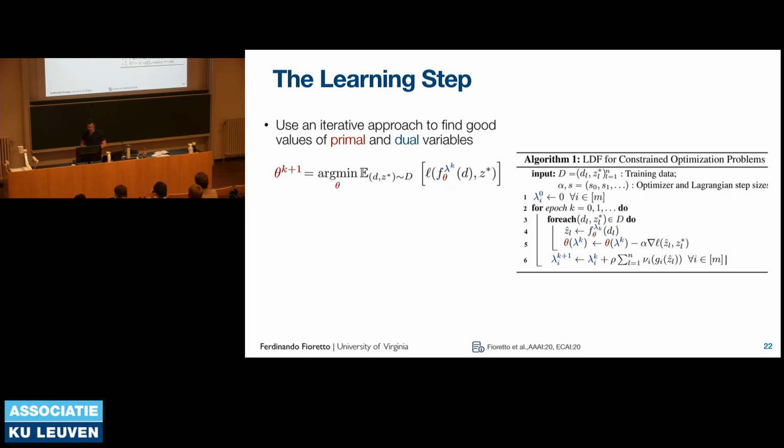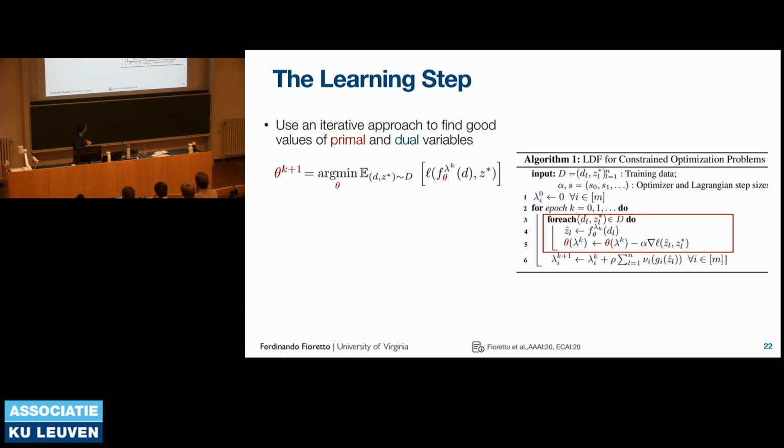It's pretty simple. So we emulate a Lagrangian dual step. In the primal step, what you do at each iteration is you care about finding a good primal, right? So finding a good approximator for your problem. We need to output the solution of an approximated problem, and what we do is run through the data set and minimize our Lagrangian empirical risk function, right? This is just the empirical risk function, which is also augmented with the constraint violation penalty, which is in